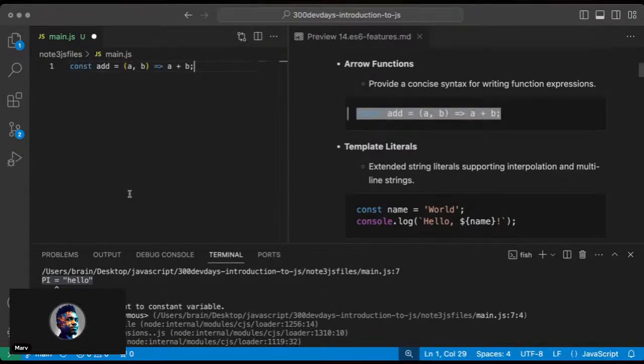I'm looking at the chat. When we talk about writing concise functions with arrow functions just like this, we've also covered this in the past, right? Yeah, so we've actually covered this in the past. And if you have any questions, or maybe there's something you don't understand, just feel free to drop that